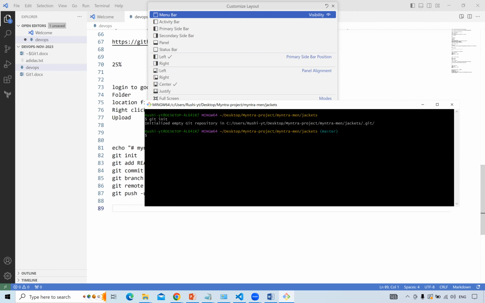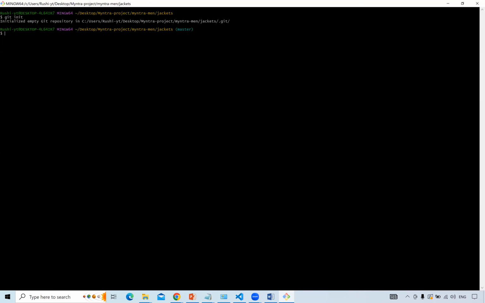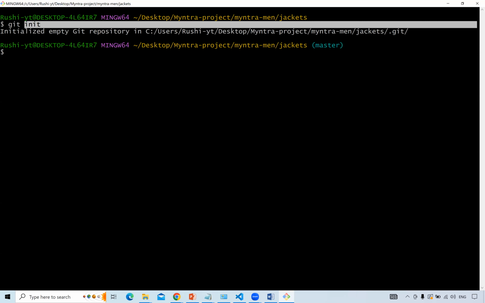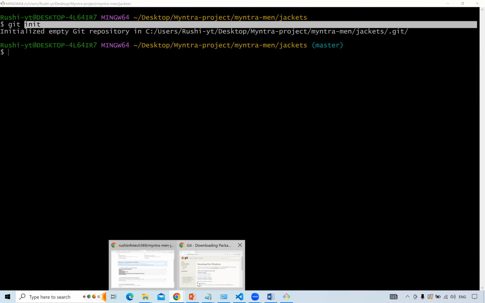So you can see one option called master. Whenever you initialize, it is master only. I'll tell you why this is a default option. This is called the branch. The default branch is master every time. So if you install Git and do git init, you'll get this option only. The next thing we can do is